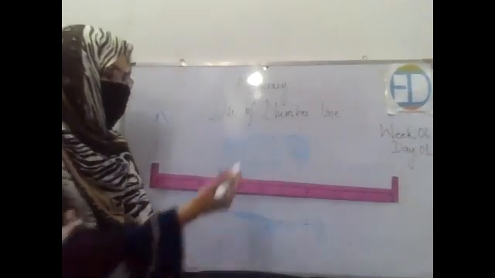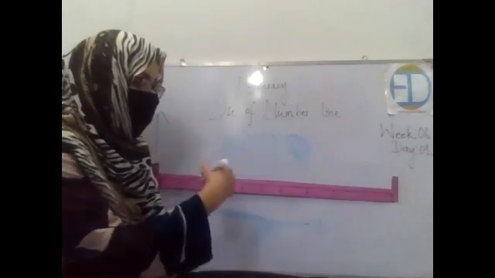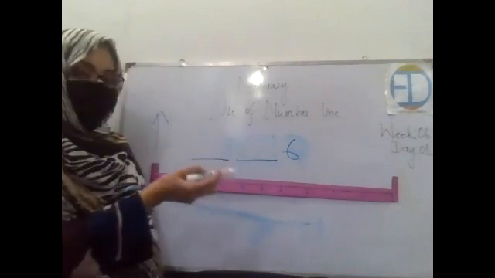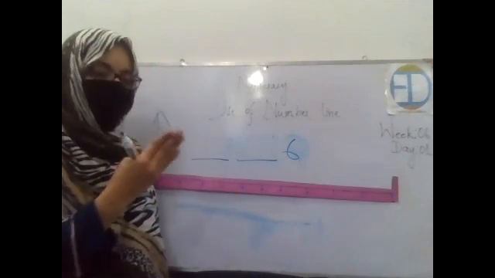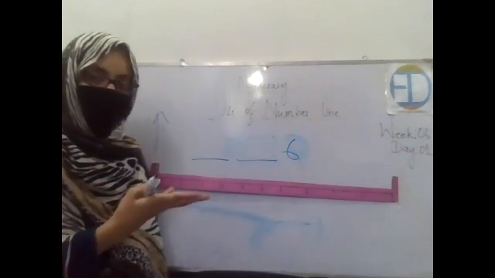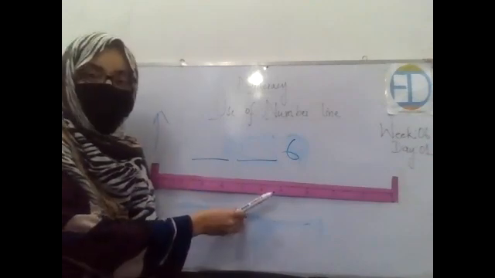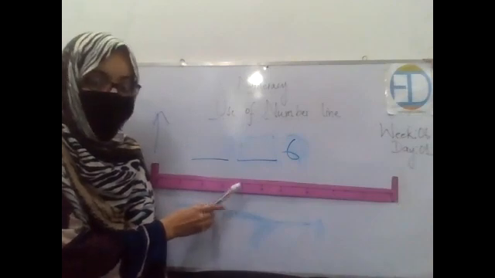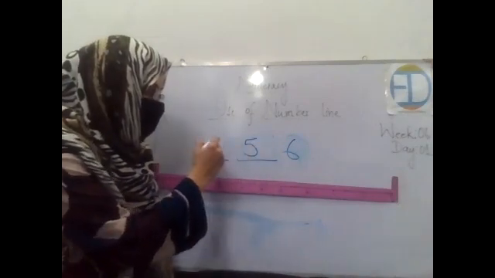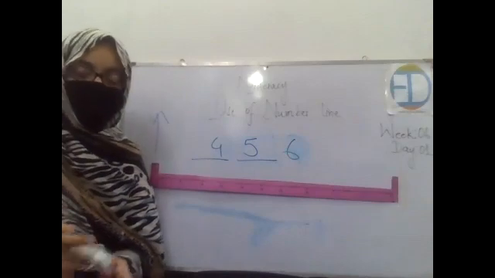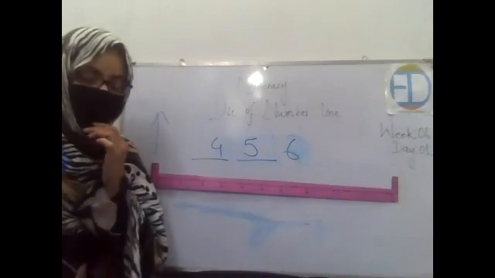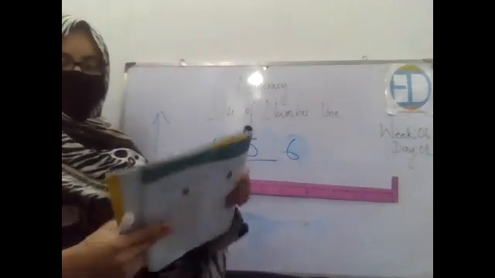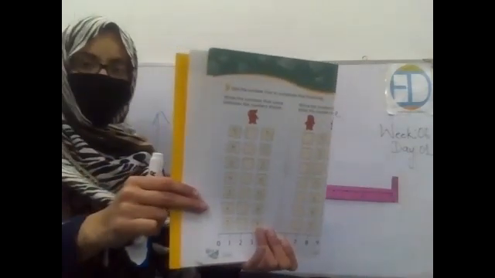Now similarly, if I ask you to find what comes before 6, and I ask you to write the two numbers that come before 6, what you will be doing is looking at the number line and then looking for the numbers. The two numbers that come before 6 are 5 and 4. Then you will write the numbers over there. Got it? So this is the practice that we will be doing today. Now open your books, page number 24. Open it. Hurry up.